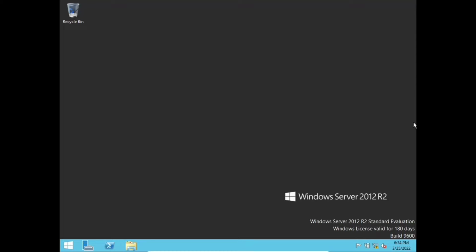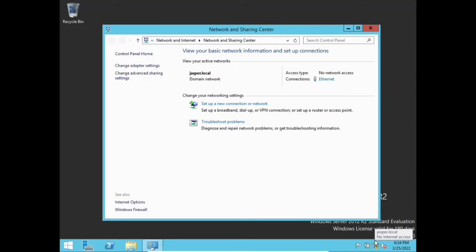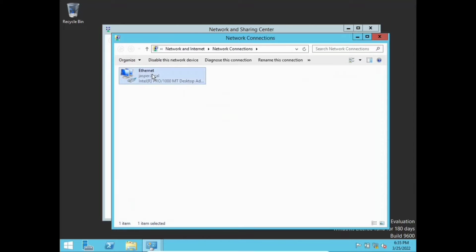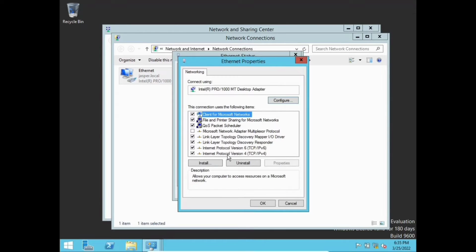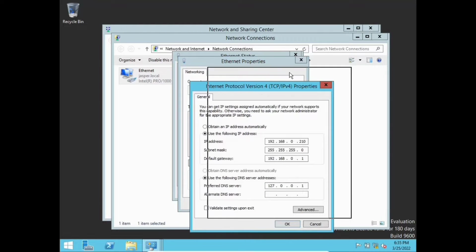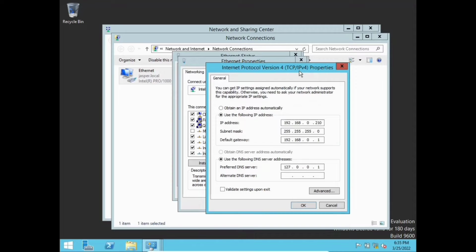First thing you're going to do is go to the Open Network and Sharing Center, and then change adapter settings. Click Ethernet, properties, and version 4. So there's the first thing we'll need to do. We will need to configure your IP address,